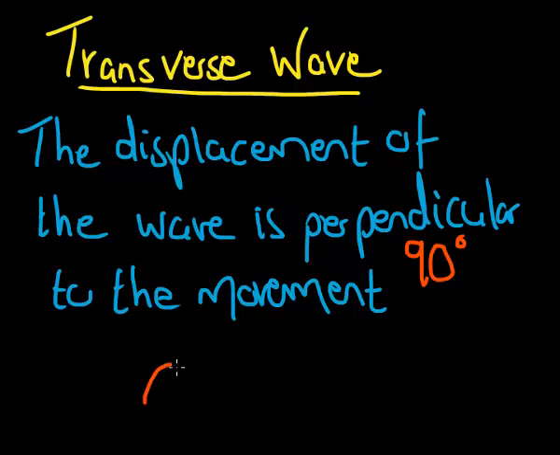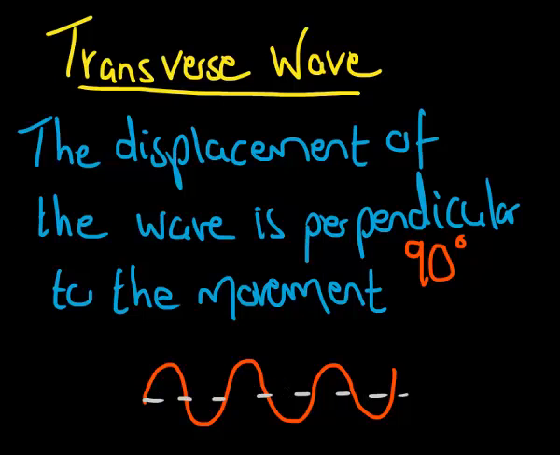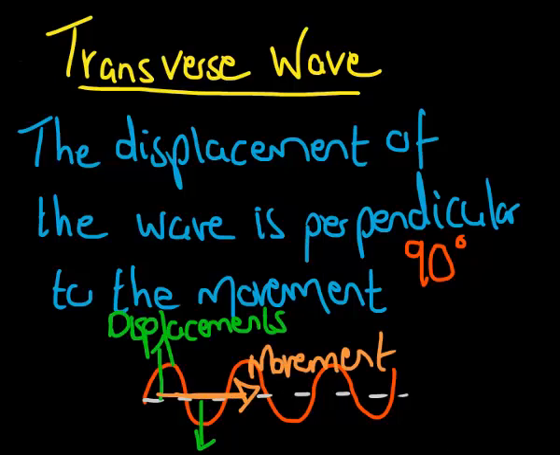So once again, here's an example of a transverse wave, and then we will see its rest position. That means the area here where the wave will have a zero disturbance indicates to us that the wave made its displacements perpendicular to the movement. Note though, the wave is moving, in this case forward, and the displacement of the wave is thus 90 degrees